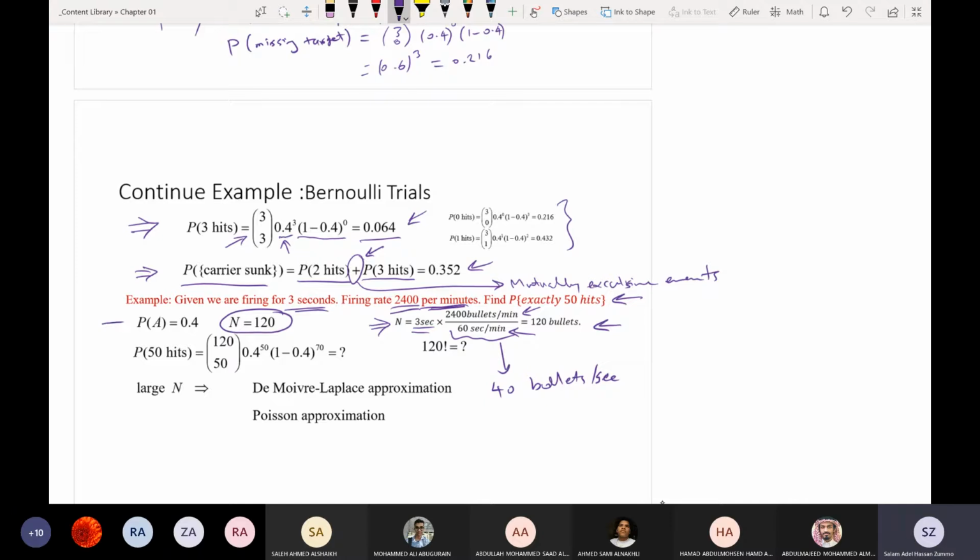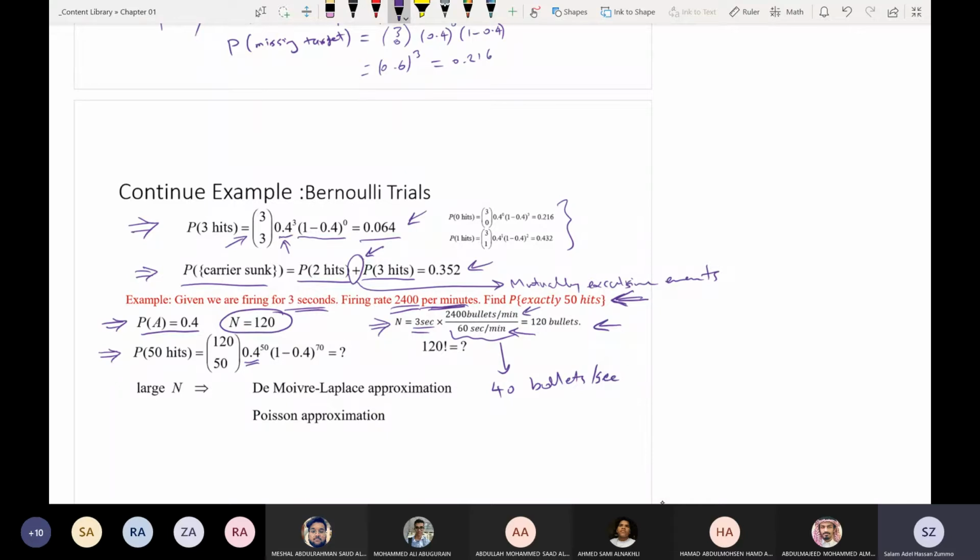And the probability of hitting, which is p, is 0.4, did not change. And we are asked here to find the probability of having exactly 50 hits out of 120. Is the question clear? Clear, Doctor. Okay. So the probability of 50 hits equals, as we did before, 0.4, which is the